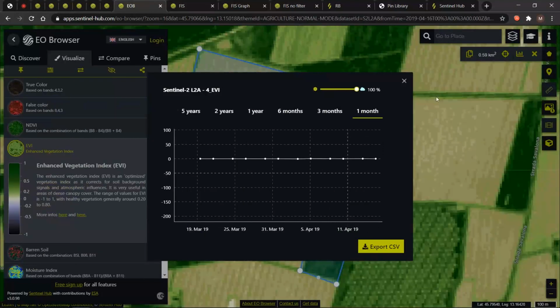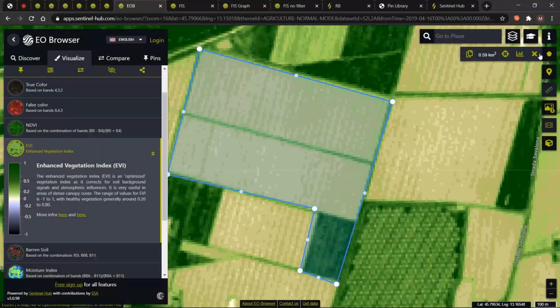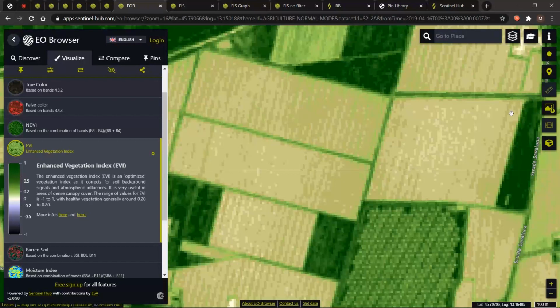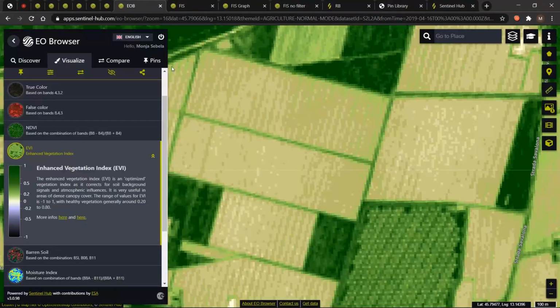Then the next very useful thing that you can do, you can also measure distances. But for this, you need to be logged in. There are certain features that require you to be logged in, but don't worry, registering to EO Browser is free. So you just click on this little login button to log in,